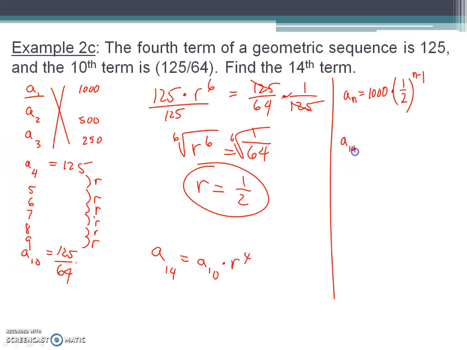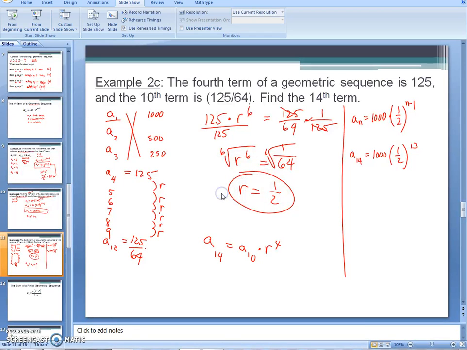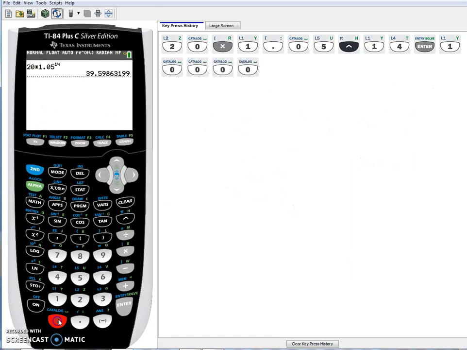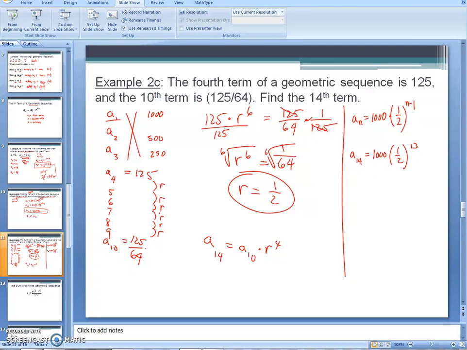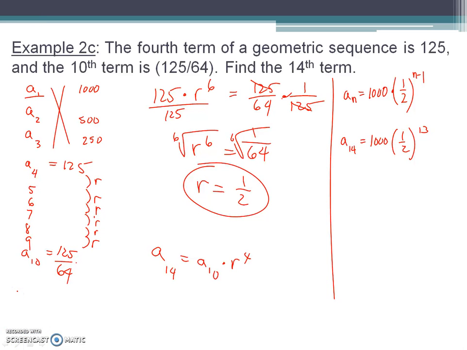So you can now do a sub 14, the 14th term, is 1,000 times 1/2 to the 13th power. And let's do that right here, 1,000. Not 10,000, 1,000 times 0.5 to the 13th power. And hopefully we should get that mess, which, I don't know, let's see if that's a fraction. Of course it is. So what you can see is the numerator is still 125, which is kind of nice, because you're just multiplying the denominator by 1/2. So the 14th term is 125 over 1024, which, by the way,